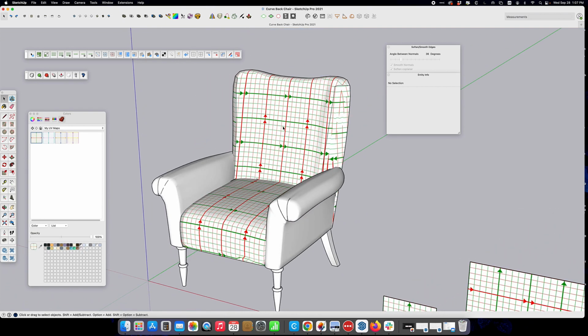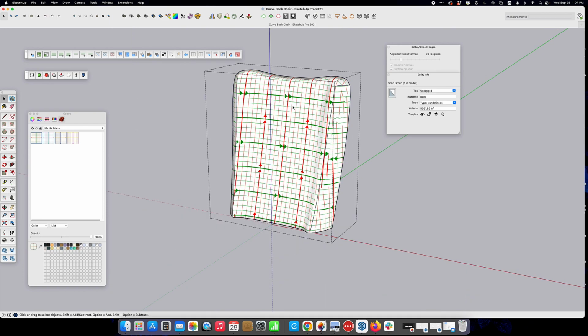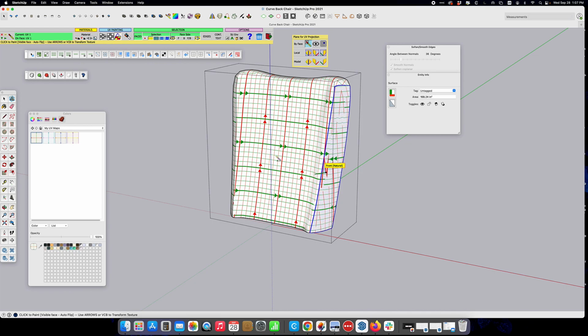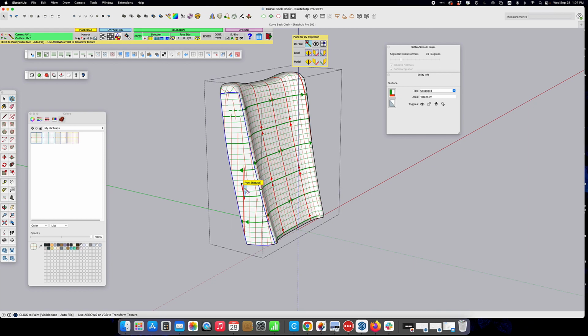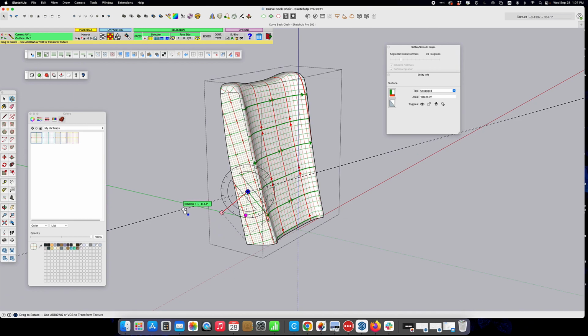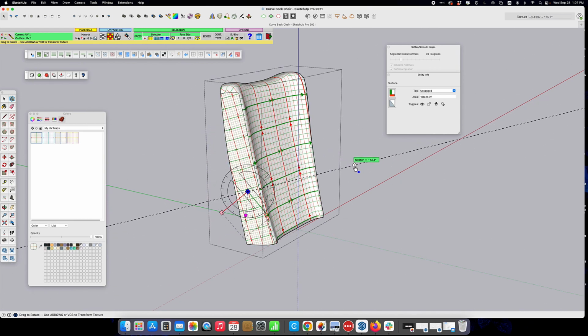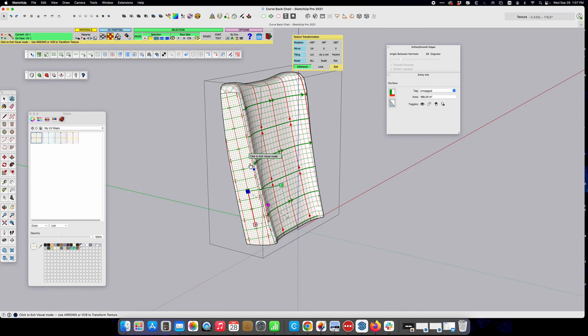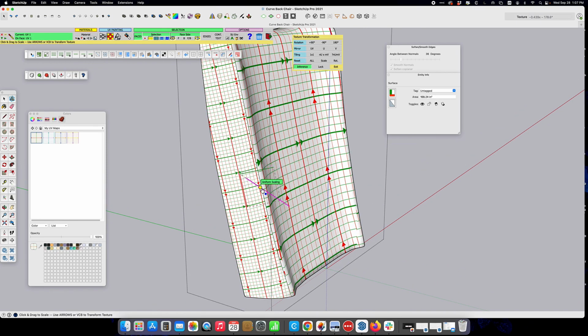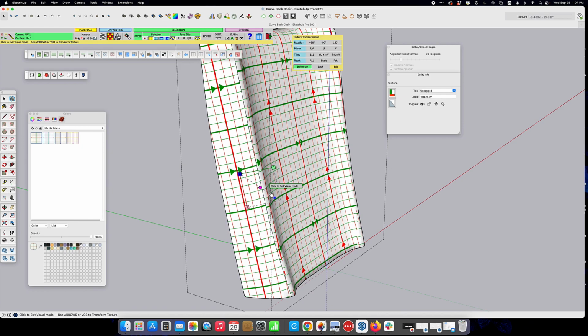Now what I can do is come in here and select just this surface. And I go to ThruPaint and I'm going to reset the map by clicking on the perspective mode. And I'm going to come over here to this one and reset this map too. And then I'm going to go back to the natural and line things up the way that I want them. So I'm going to scale this. I noticed that my